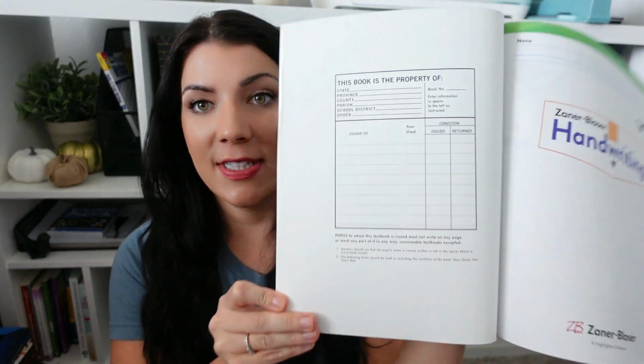I do want to say that this is sometimes used in private schools and public schools, and that is where I want to say Zaner Bloser is known from. So you'll even see, remember those in the old textbooks from school? Fun times. So I have a third grader and a fifth grader, and so I am having my kids do level